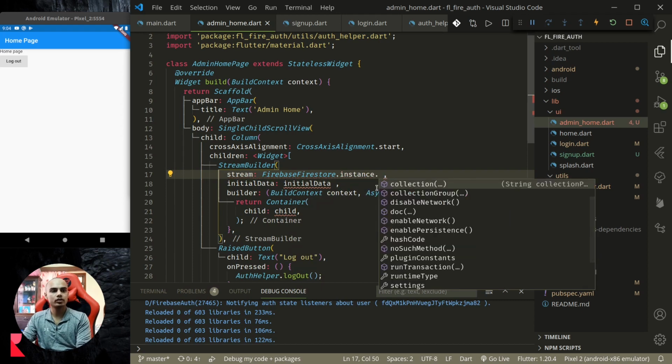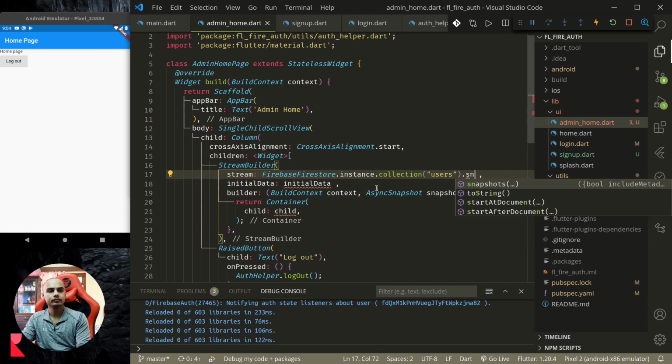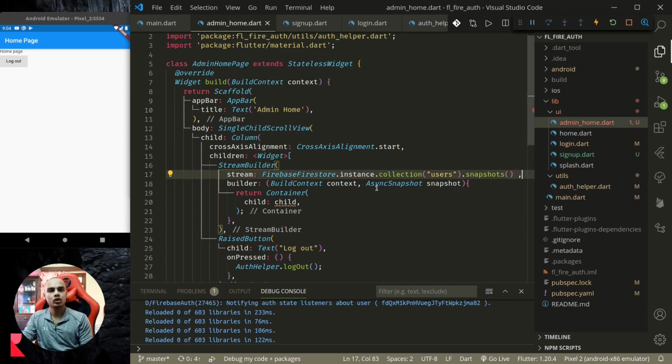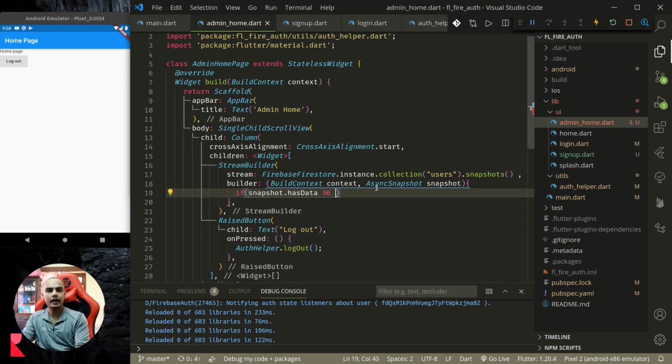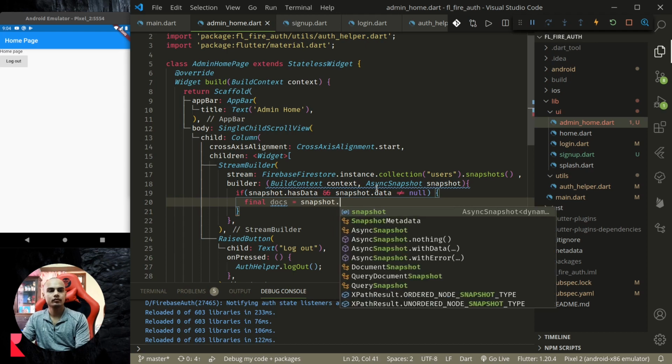Firestore instance dot collection users dot snapshots, initial data null, and in here we'll check if it has data and data is not equal to null, docs equals